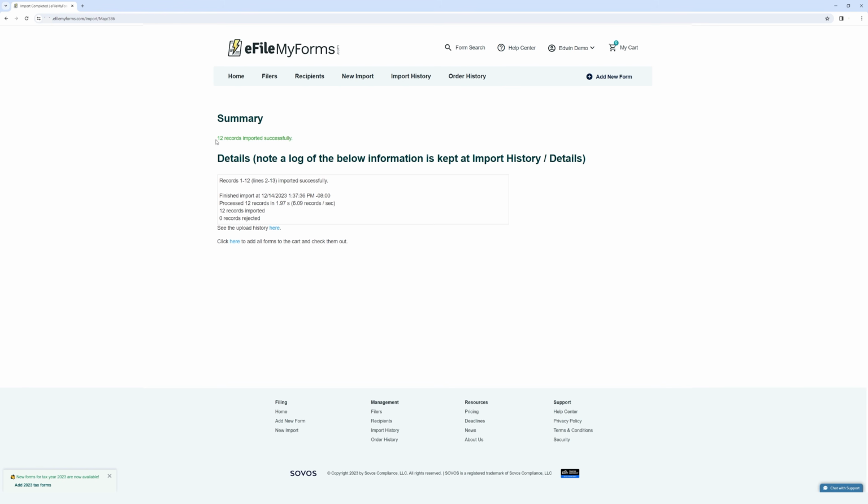And it'll tell you that 12 records were imported successfully. This dialog screen right here, or this note screen, will give you all the records that you've imported. There's records 1 through 12. And if there's any business rules or anything that looks off with your data, it'll be listed here to show